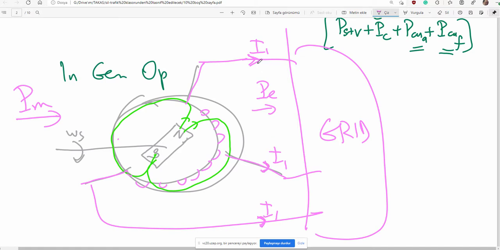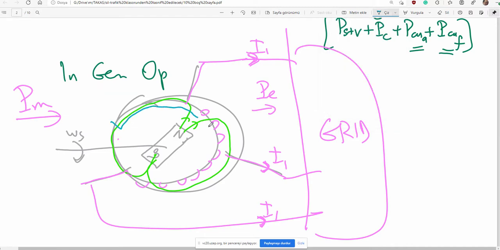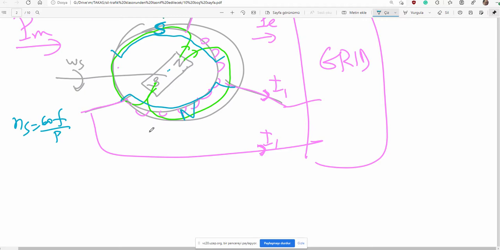In case there are three-phase currents flowing in the three-phase AC winding, a rotating magnetic field at the speed of ns will appear, and then they are locked to each other. Let me say that is S and that is N, because those magnetic fields must be locked, synchronized, because remember Newtonian equation,